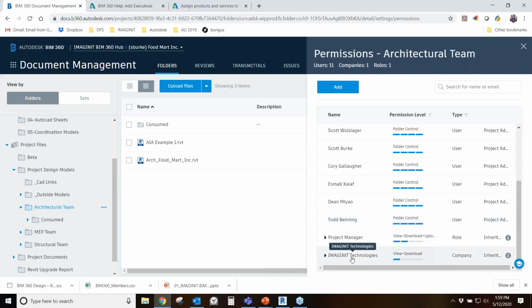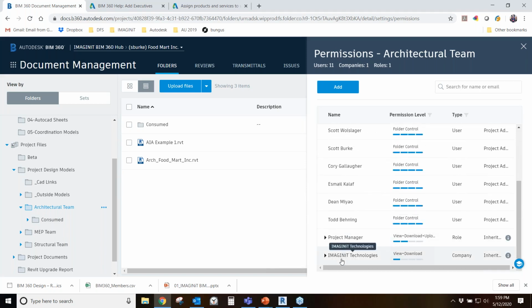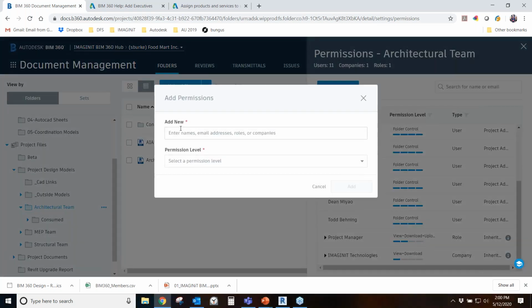You'd probably only want certain users to have view, download, and possibly upload privileges. But I'm not showing the MEP here to have access to this folder. But if I did have MEP added to this, so I want to add my MEP installer to this folder, we could click add,